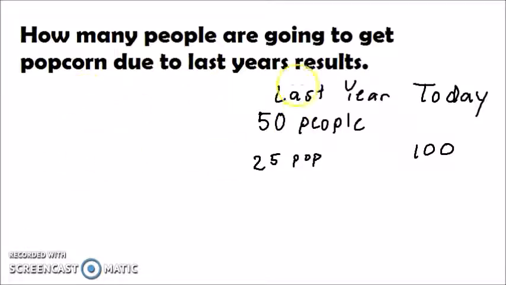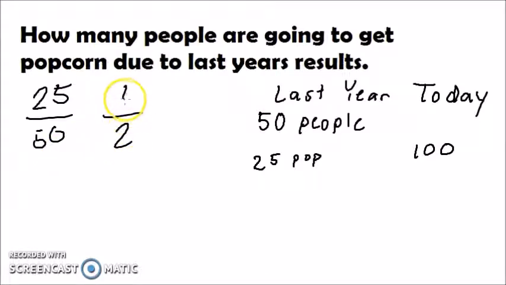So first, we would have to find this probability. How many times has the event occurred? 25, and the total is 50. So we would have to simplify this. 25 divided by 25 is 1, and 50 divided by 25 is 2. So the experimental probability is 1/2. Okay, so now that we have the probability, all we have to do is